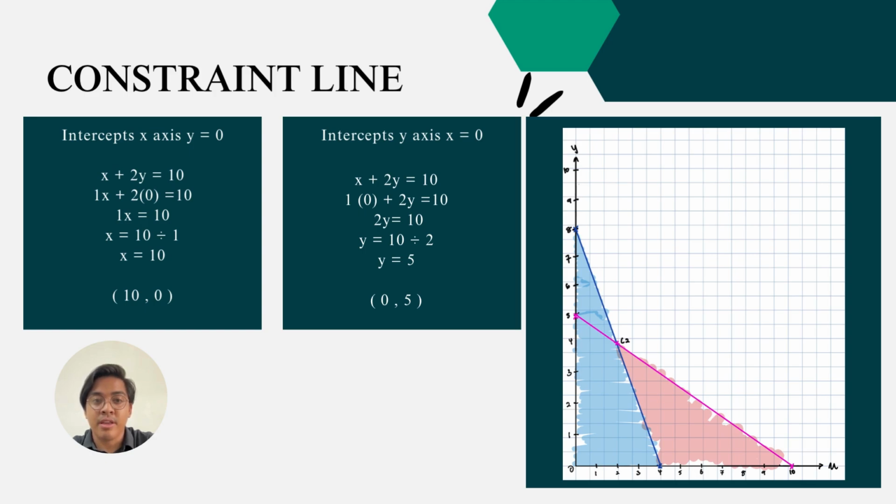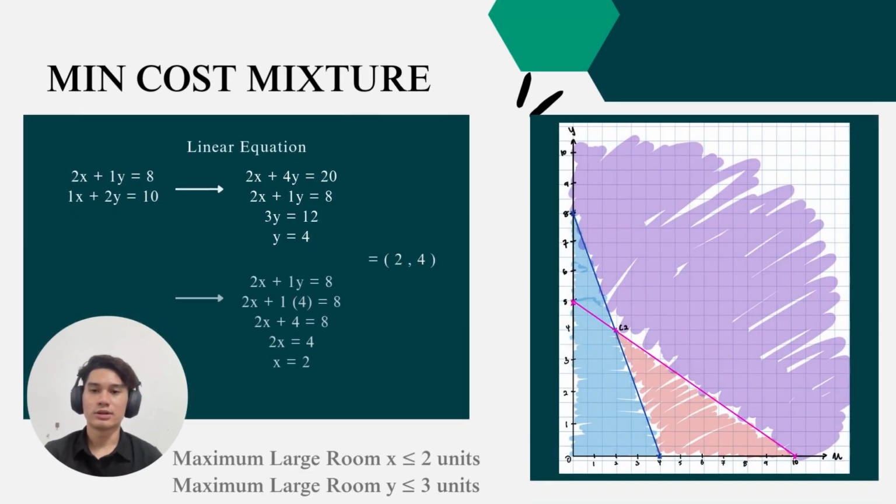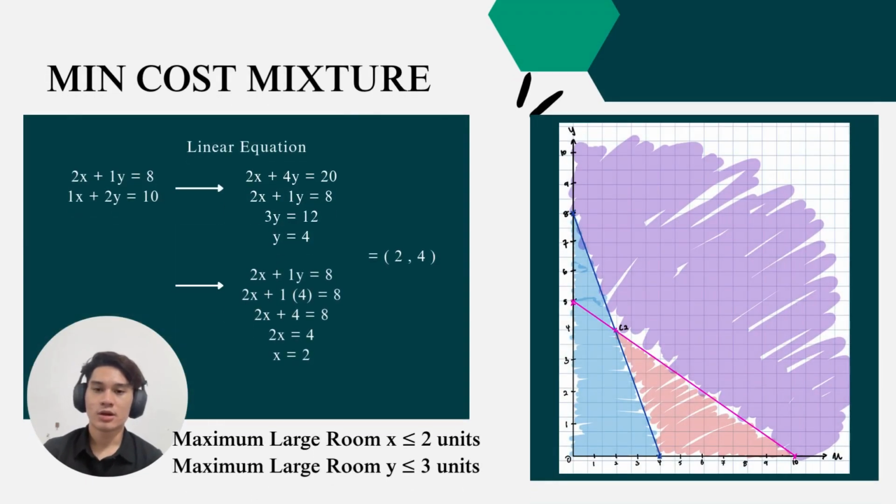On the graph to the right, you see the new constraint line drawn in pink going through the points (10, 0) and (0, 5). What's important here is the new shaded region. It overlaps with the earlier blue region we saw on the first slide, and this overlapping red area is now our feasible region. Okay, so for the minimum cost of the mixture, the linear equations are 2x plus 1y equals 8,